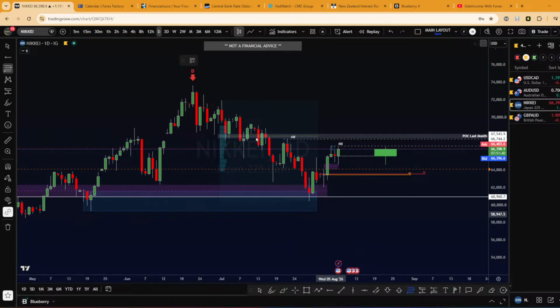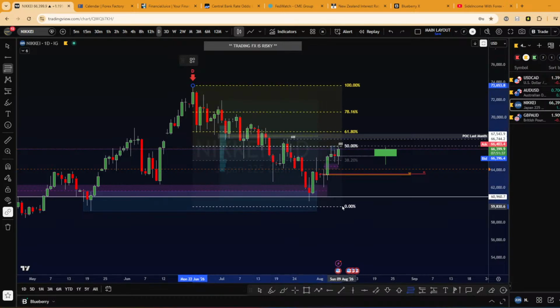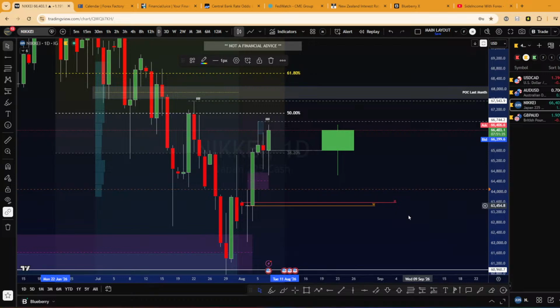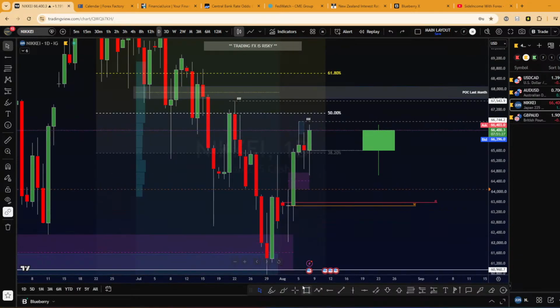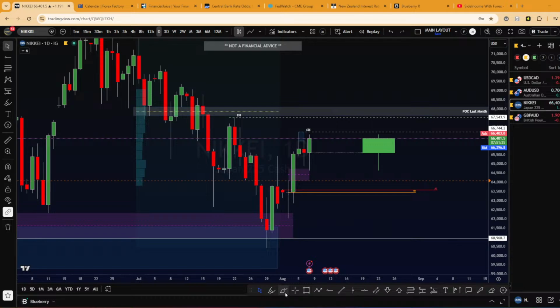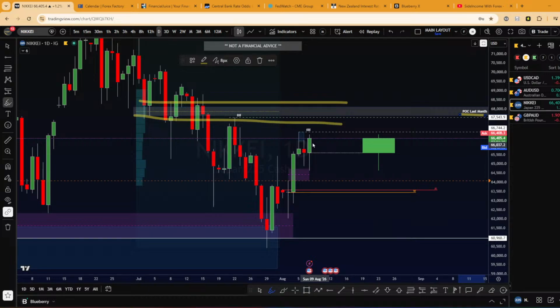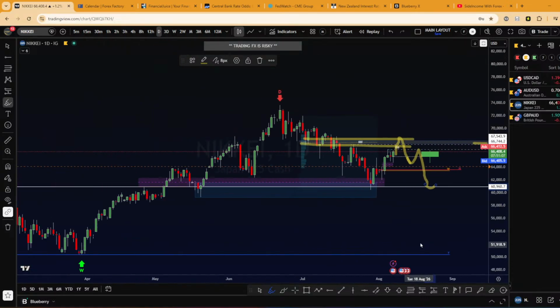And if I measure this last daily leg, price wants to reach, I think, above the 50%, somewhere around this gray zone right there, which represents the point of control from the last month. And this is a critical zone for me. If we reject this level, there is a high chance that we continue to drop even lower, to come back and retest this level.